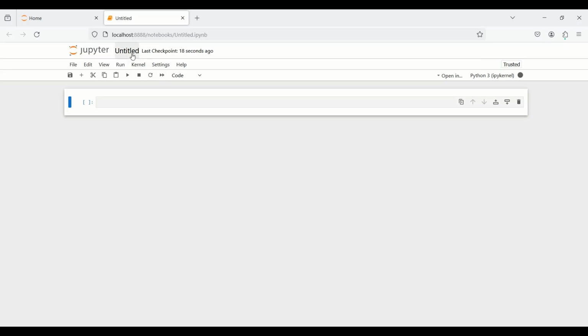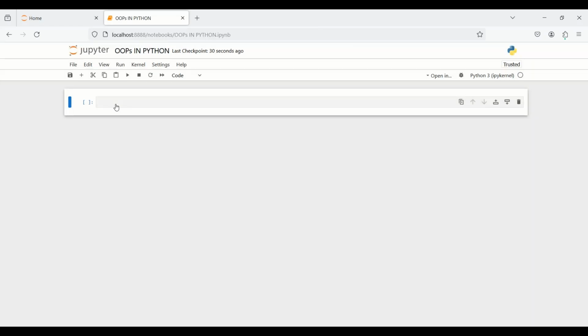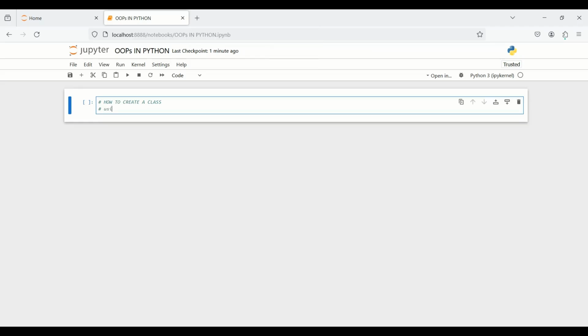Now click on select and we will rename this file OOPs in Python. How to create a class